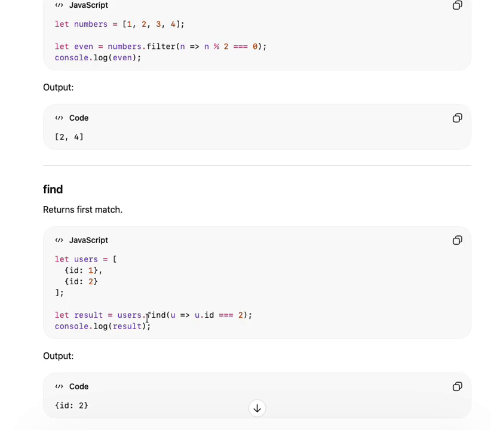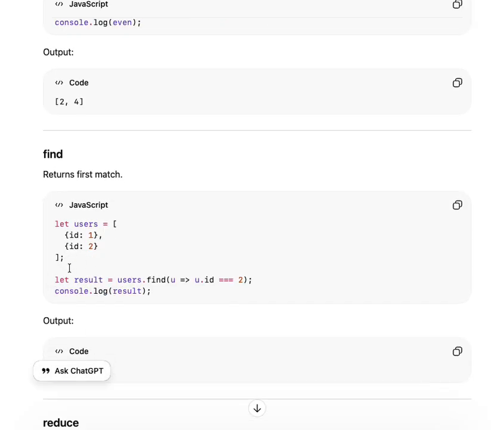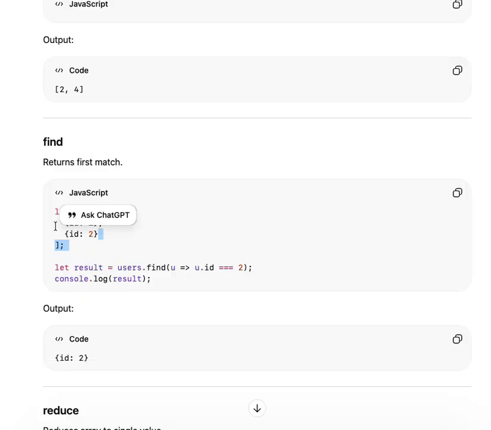So if user id equals 2, then console.log this result, so we will get the 2. If we add more 2s here, or 22 or something else, it won't go through till the end. It will just find the first one and return the first one. Okay,